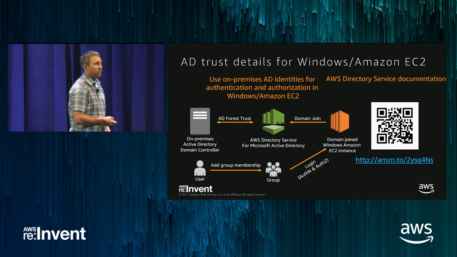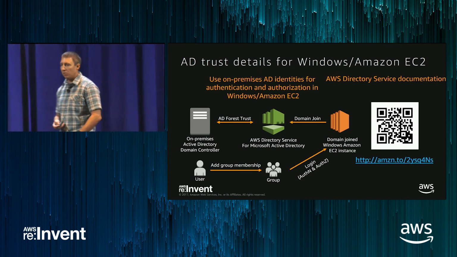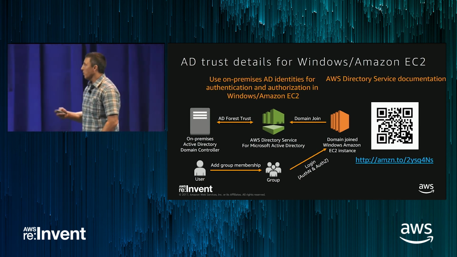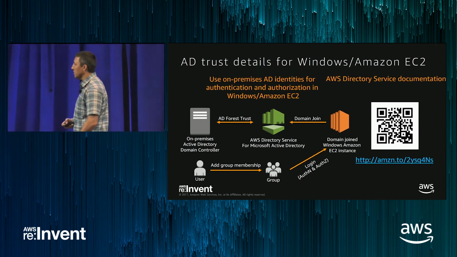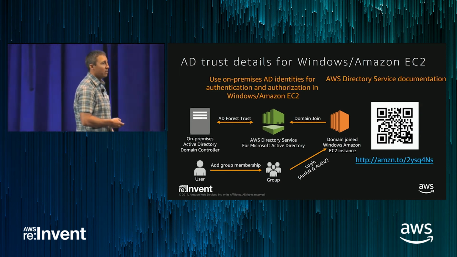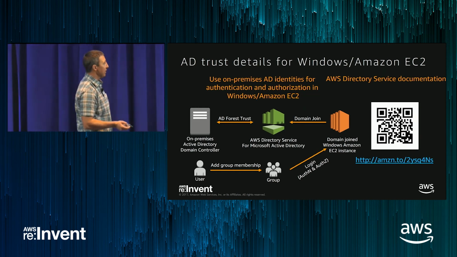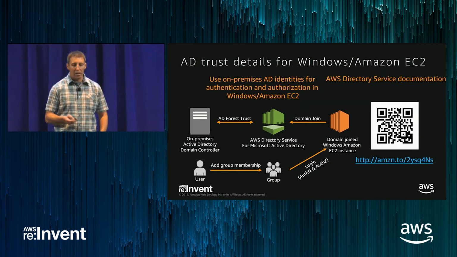So how does this look for Windows on EC2, right? We've got much of the same drawing as we saw before. We're going to pre-establish our AD Forest trust between the managed AD and the on-prem domain controller. We're going to domain join those Windows EC2 instances to it through bootstrapping or other mechanisms. And then after that's